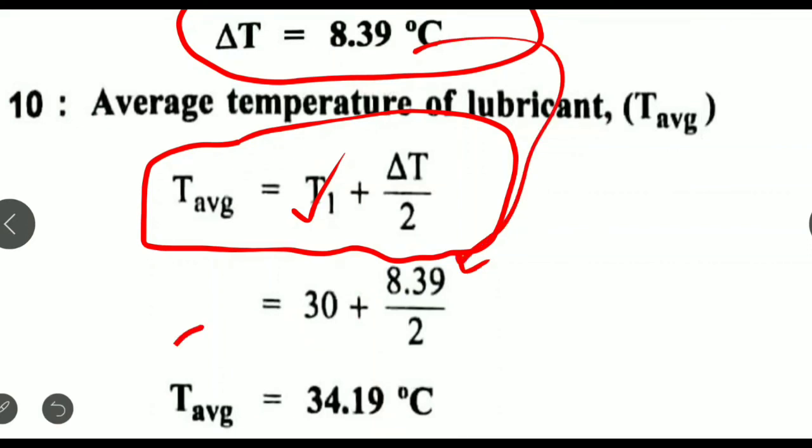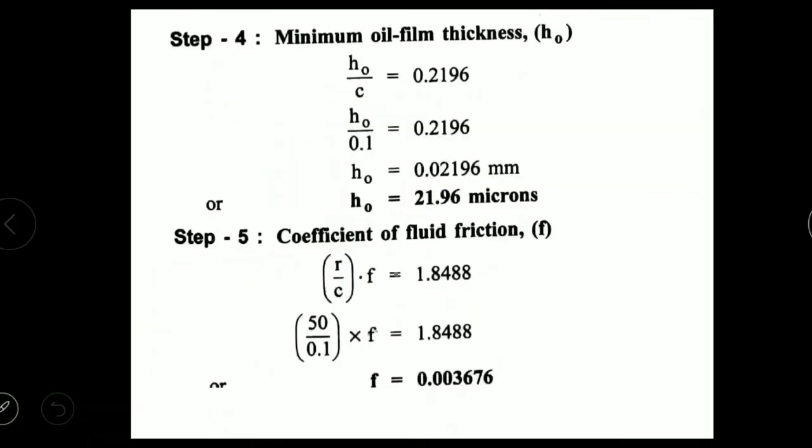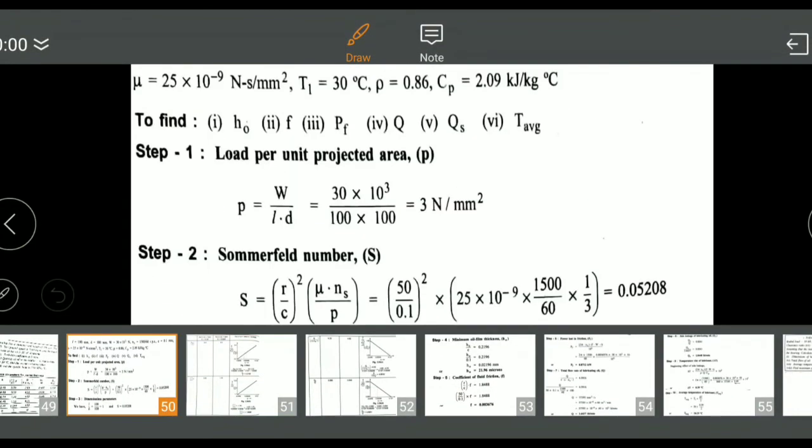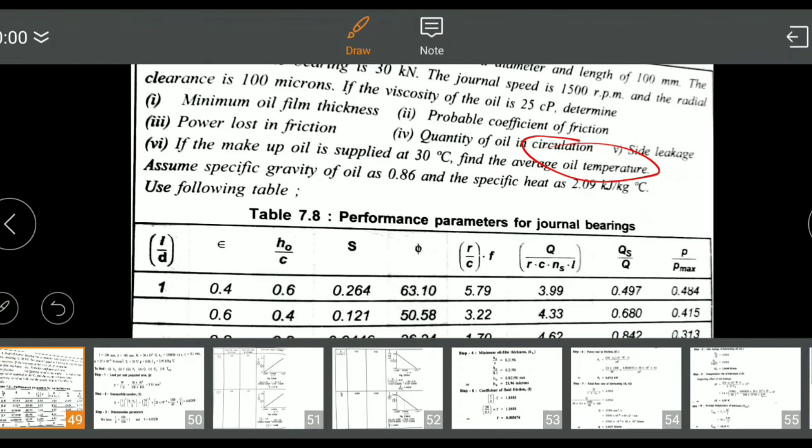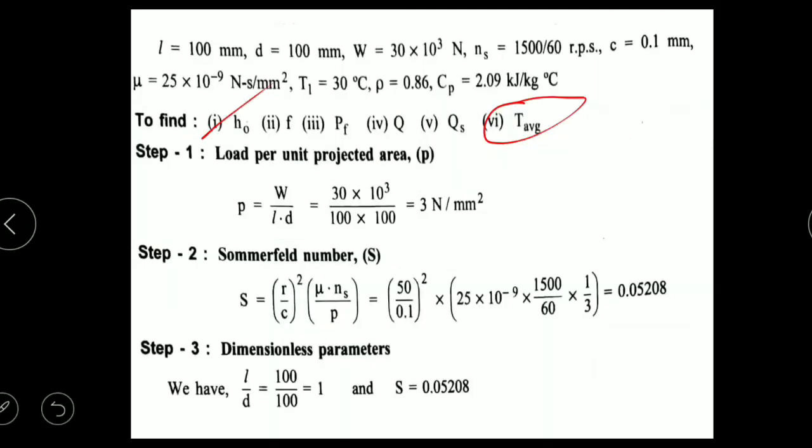This will be your average temperature for given problem statement. Now see, we have calculated average temperature here. So all the terms, h0, oil film thickness, friction, power loss, flow rate, side leakage, we have calculated step by step,